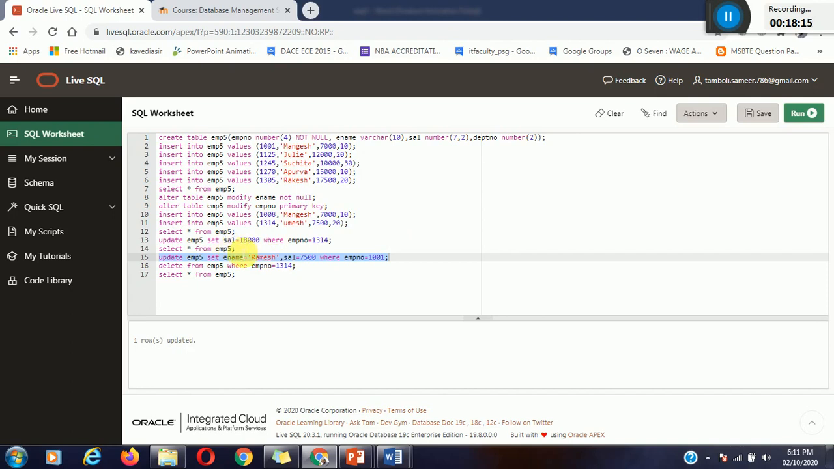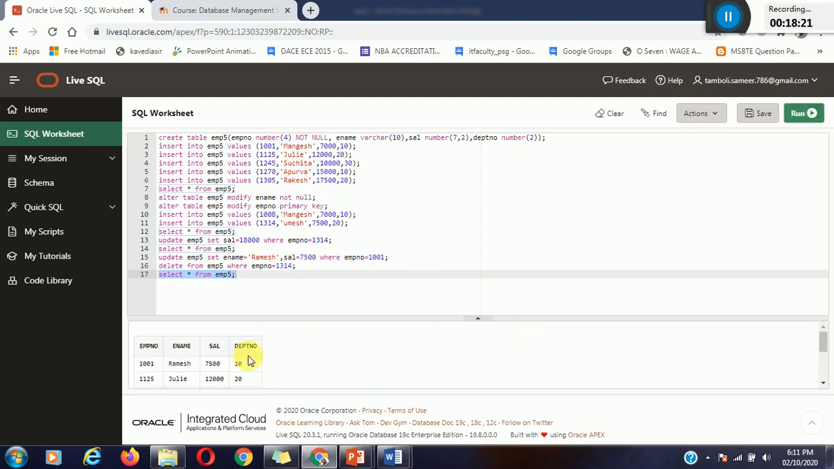Okay, so if you want to check this, run this select star from EMP5. The first record is updated, so it is 1001 Ramesh, now salary 7500 and department is 1. So you can update all the columns or a single column using update, separated by comma, and you must have a where clause with a unique key constraint to find out the appropriate row which you want to